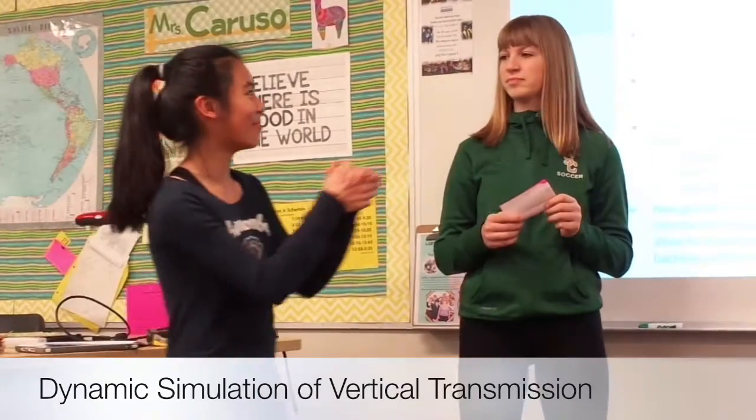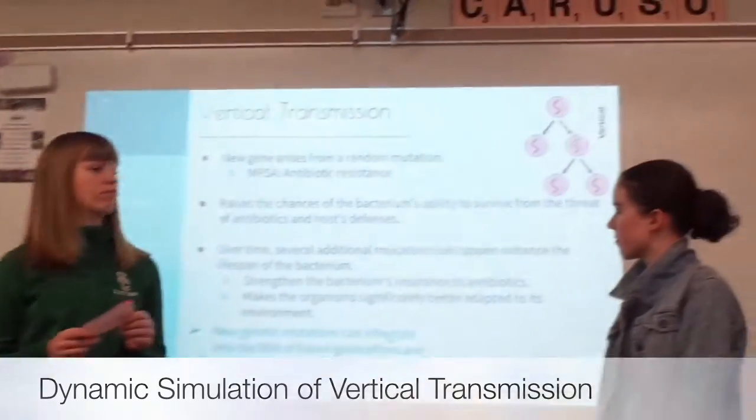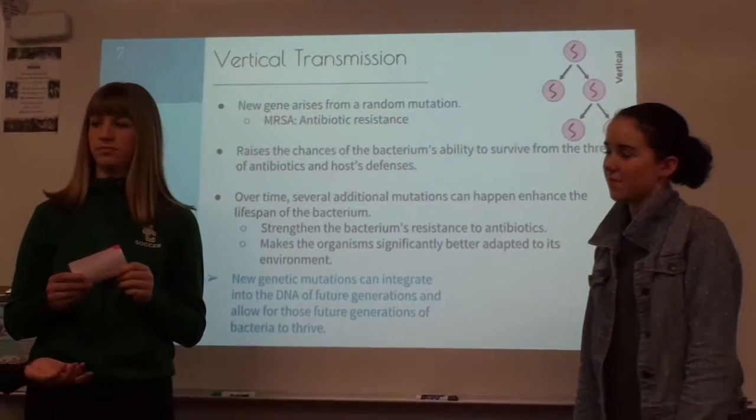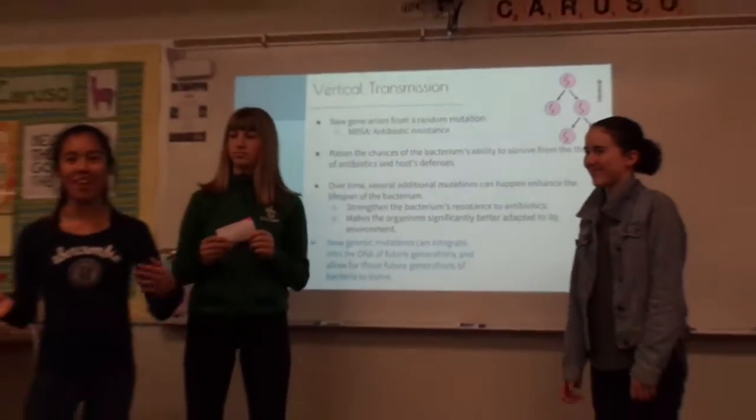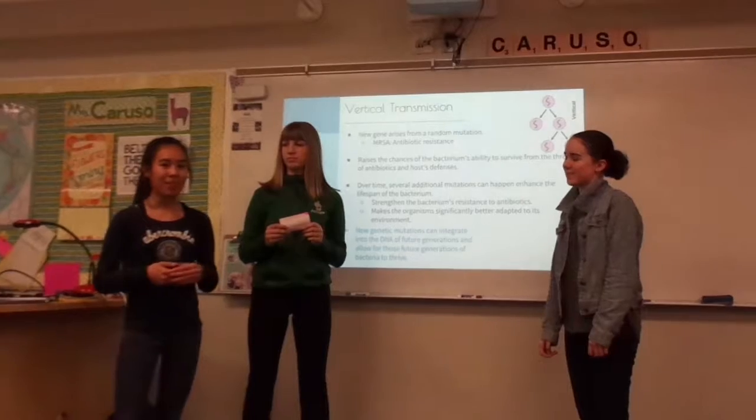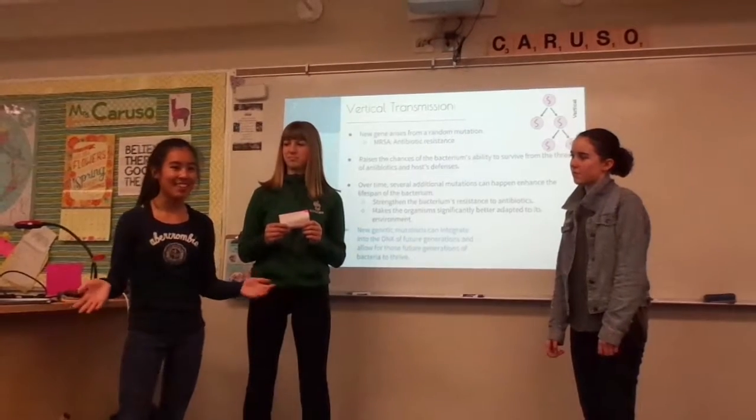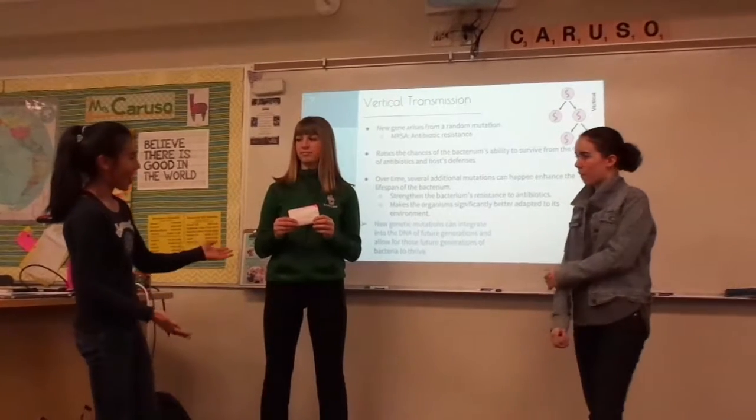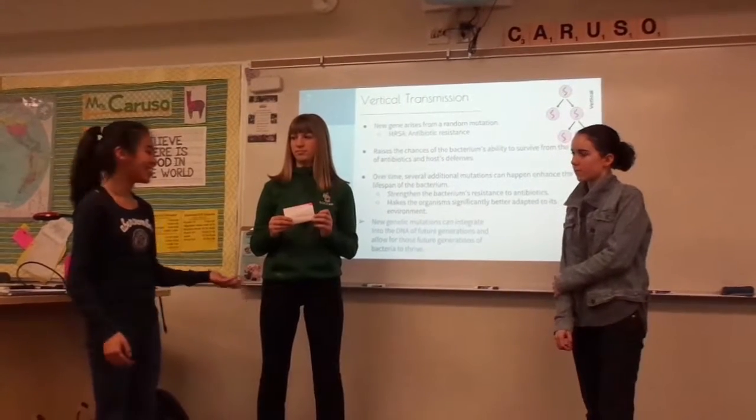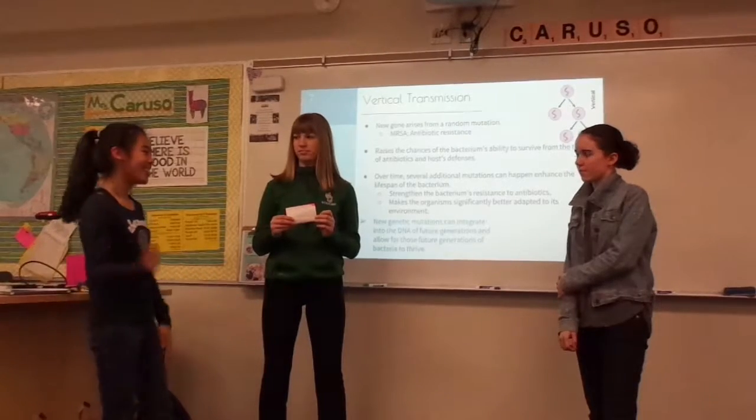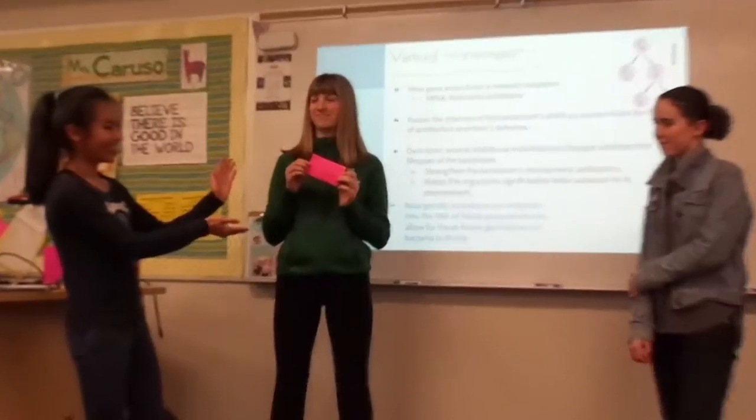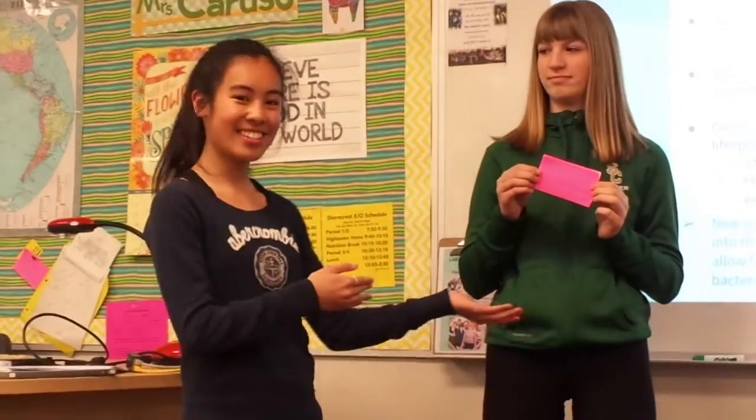Now we have a model of vertical transmission. So this is when a new gene arises due to a genetic mutation, and potentially this gene has the ability to give the bacteria qualities that make them resistant to antibiotics. So we have Lauren. She is a bacterium, and she doesn't have the resistance gene currently, but all of a sudden she gets a random mutation, and she gets genes that make her resistant to antibiotics, and then